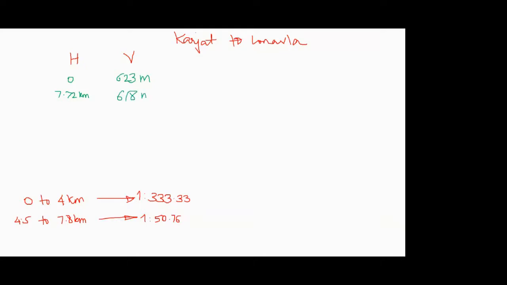618 meters. So again now, if I calculate the difference in these two, this is 7.72 kilometers itself. I'll convert it to meters. So it's 7720 meters, and the difference of these two is hardly 5 meters. Okay, and if I divide 7720 by 5, the answer that you get is 1544. Okay, so that's the gradient for